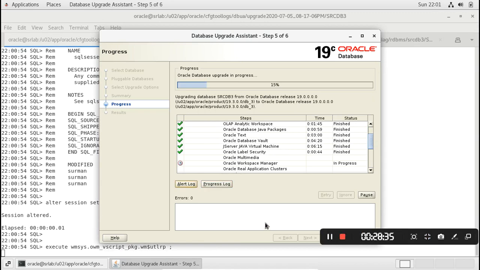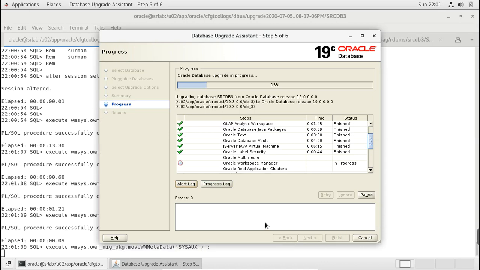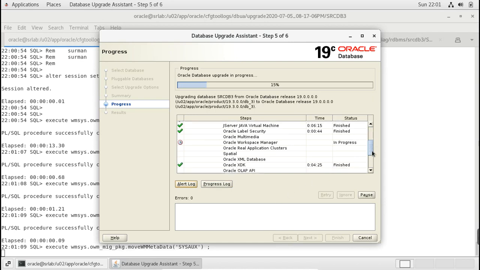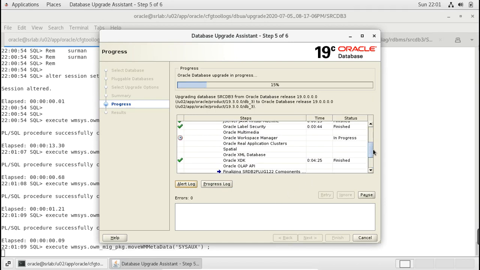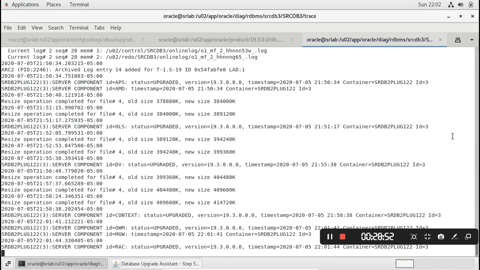Yes, the upgrade is still going on. This got completed 15 percent. Here it is, the alert log. It's showing component by component upgrade status. So it's still going on.